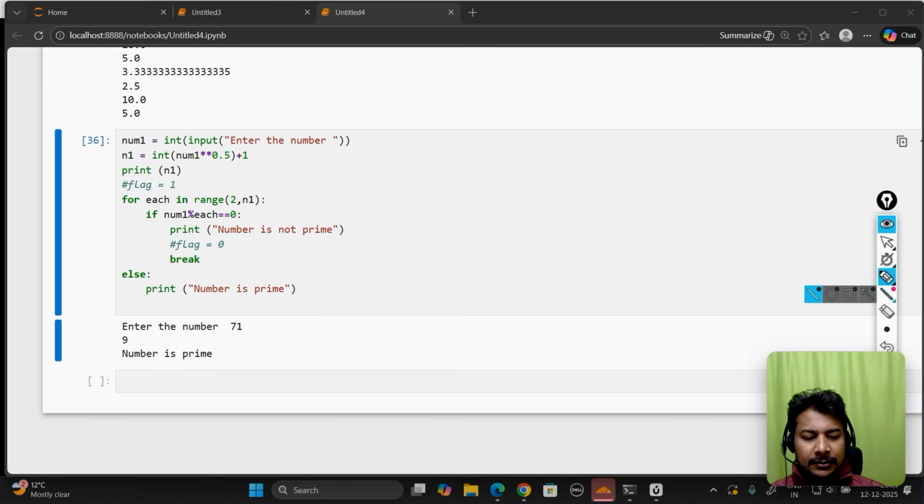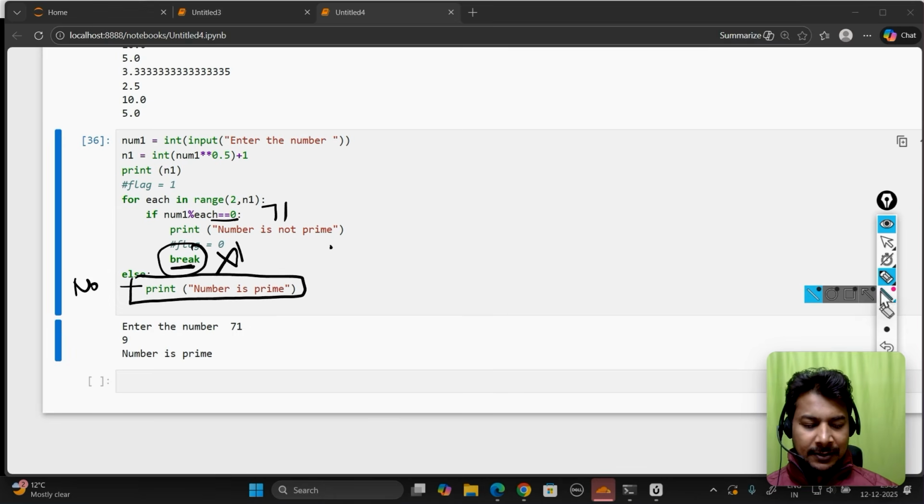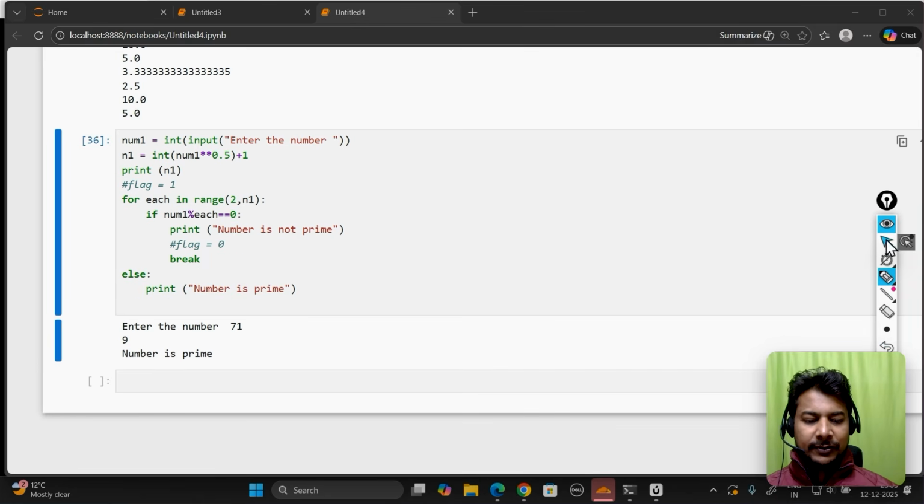Consider if I use 71. 71 is not divisible by any number, so this statement will not be executed. And what is else? No break statement. If there is no break statement, then the interpreter executes this block. So I hope you get a sense. Else means no break statement. So I hope you get a sense of the continue statement, break statement, and